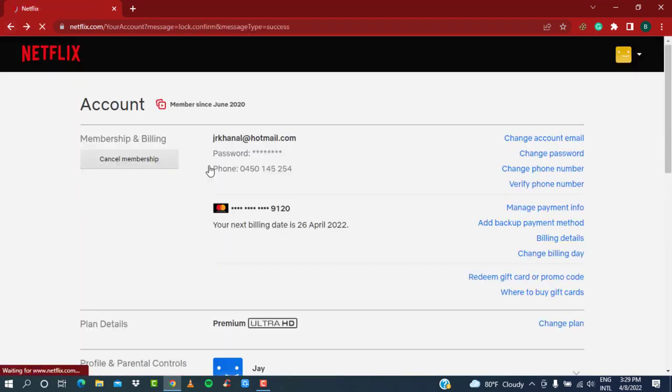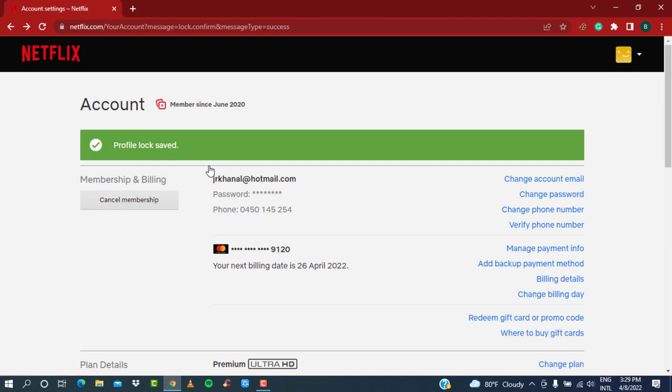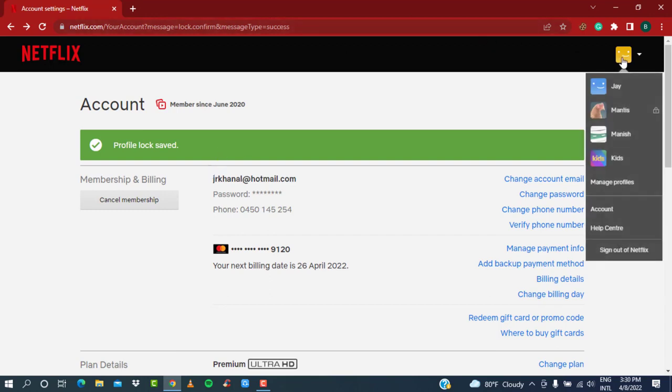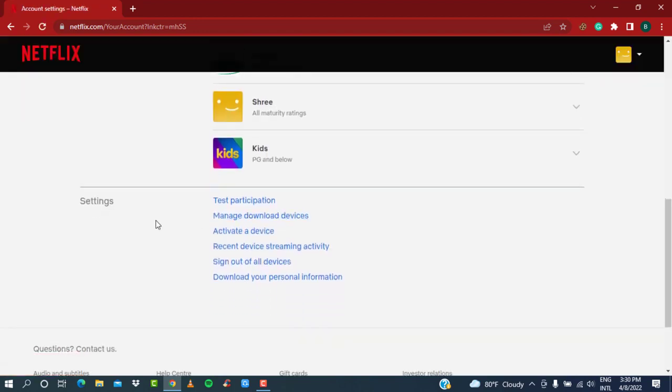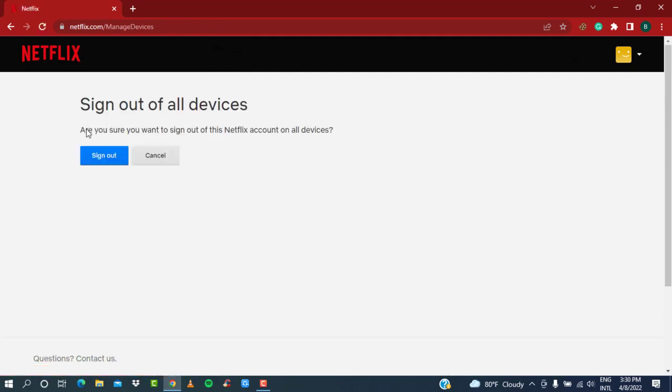Now the last but not the least feature which I want to show you is how you can secure your Netflix account by logging out of all of the devices. To do that, simply make sure you're on the account page, as we are, and then at the bottom under settings you can see the option sign out of all devices. Simply click on sign out of all devices, and it will ask you for a confirmation: are you sure you want to sign out of this Netflix account on all devices? Once you do that, click on sign out, and you will be logged out from all of the devices, and you will have to enter the password and email again in order to log into Netflix and